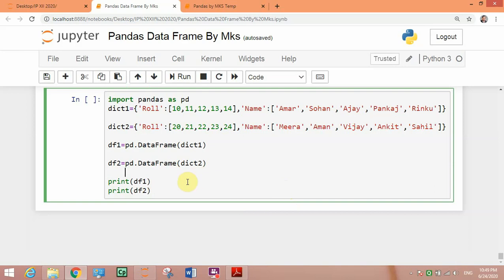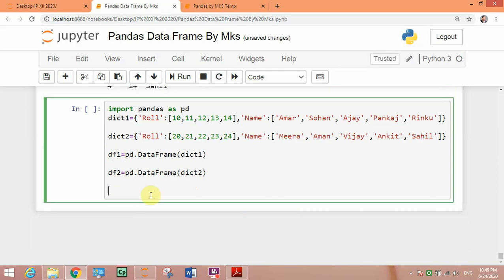For that we will write data frame 3 df3 equal to pd dot concat is function, and in this we will give all the data frame which we want to merge or add or concat.